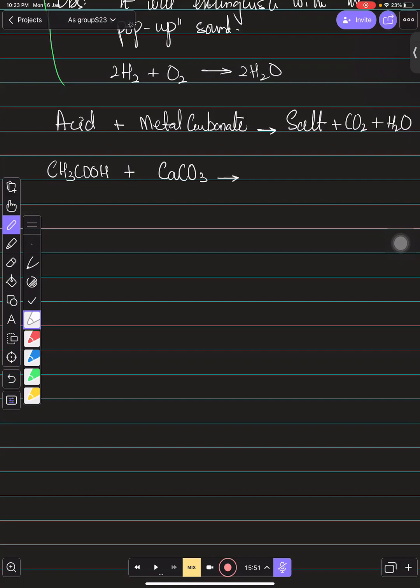So these are the two reactants. When you see them, it should immediately come to mind: an acid and a metal carbonate, so certainly carbon dioxide and water will be formed. So you must write carbon dioxide and water over there. Then the rest of the things are combined together, forming the salt over there. So what are the things that are over there? It's calcium,